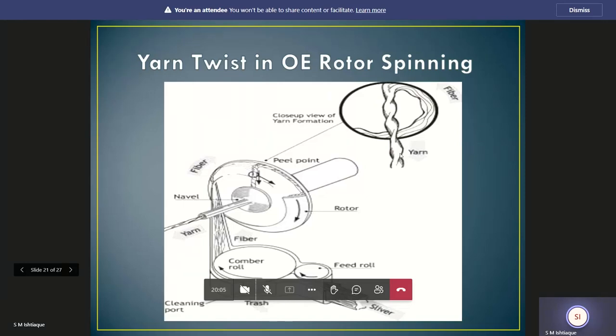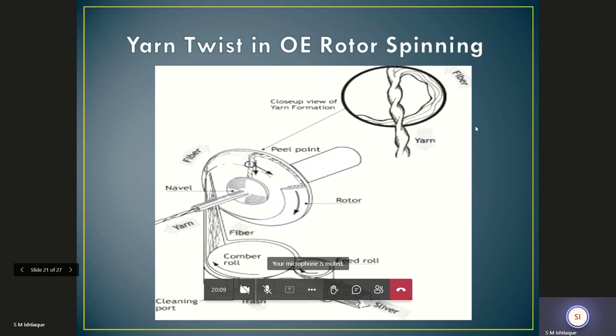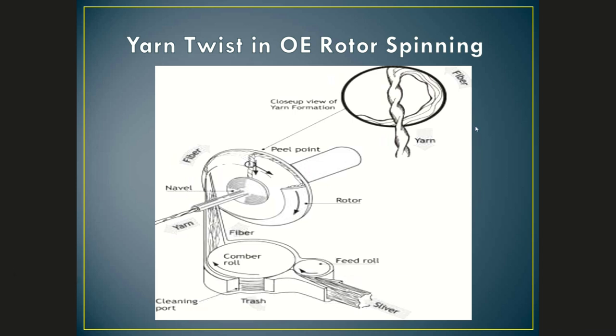In the transport tube, and the yarn tail comes here and picks the fiber. So what is going to happen? This is the third possibility. The third category is that the fiber is fully embedded on the rotor surface. The fiber has come and it is embedded on the rotor surface, and then the yarn tail comes and picks the fiber.